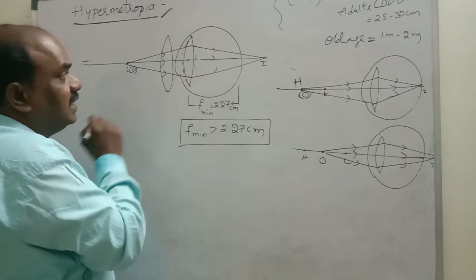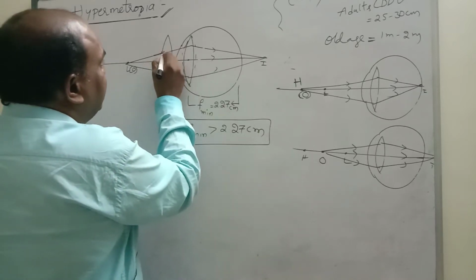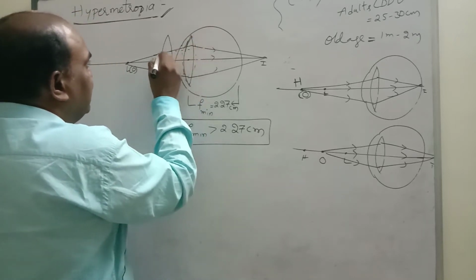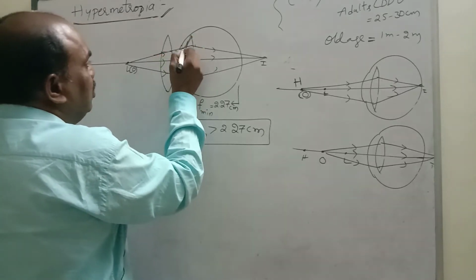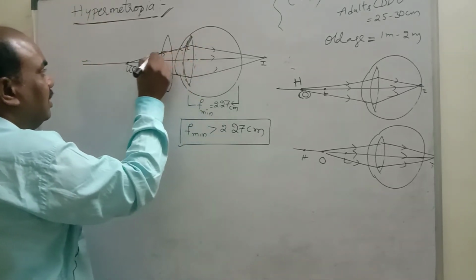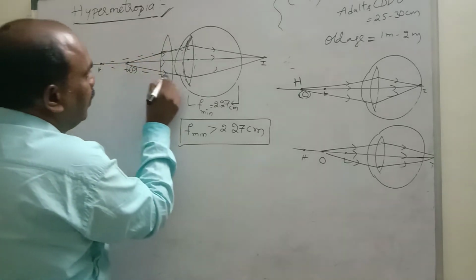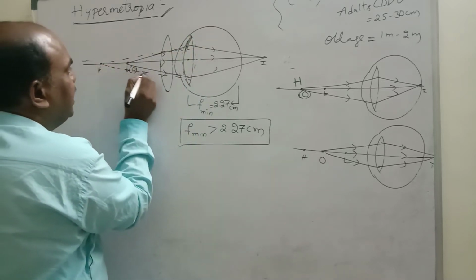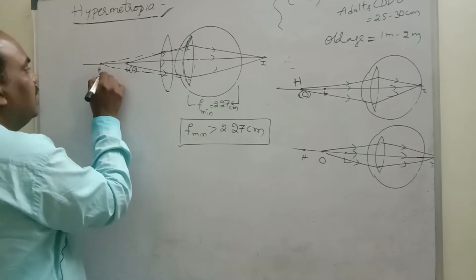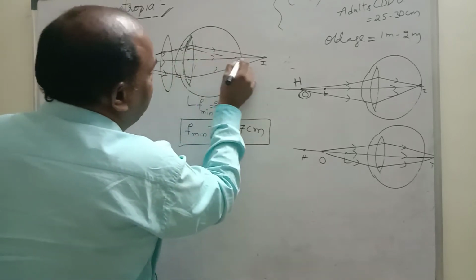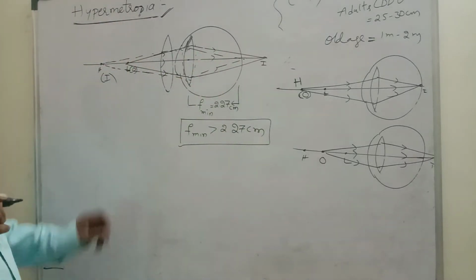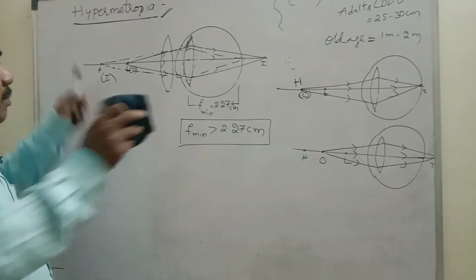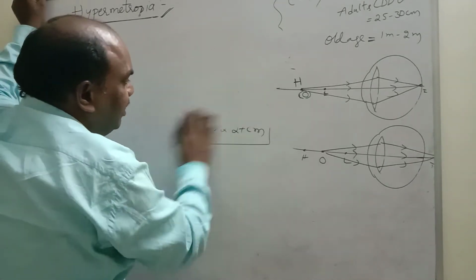If you use a converging lens in your spectacles, what will happen? The light rays slightly converge, and this ray falls on the eye lens. The image forms at the hypermetropia point H. This image acts as an object for the eye lens and makes the final image form on the retina of the eye, so that the problem will be rectified. Once again we will see this diagram in a clear manner. The correction diagram we will see separately.